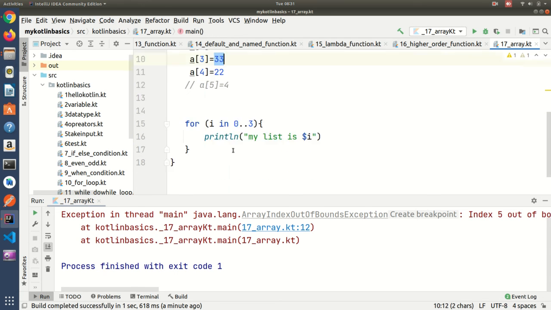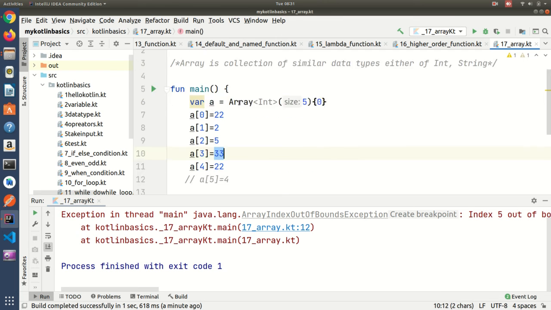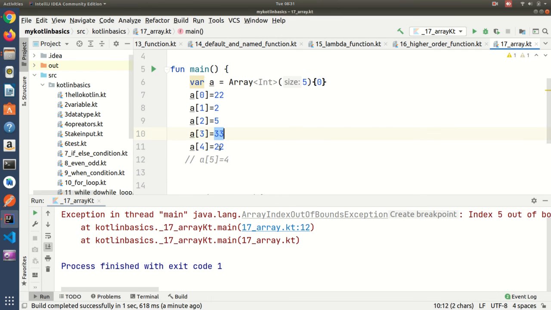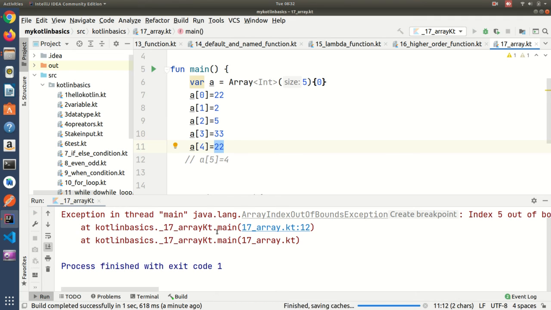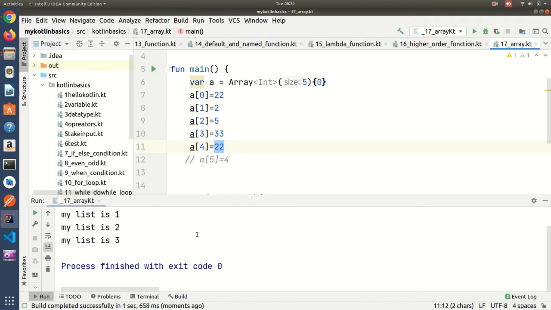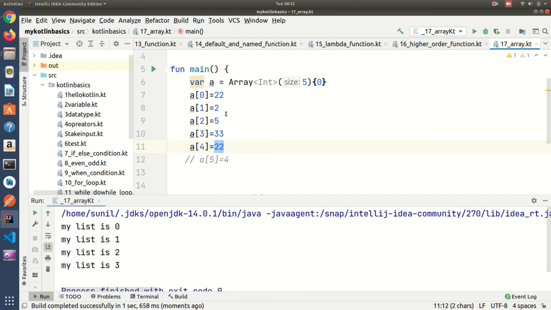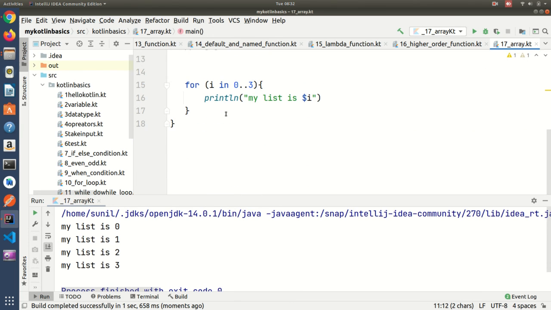Then it won't print 22. Let me run. See, it has not printed 22, it printed the values up to positions 3 and 4.